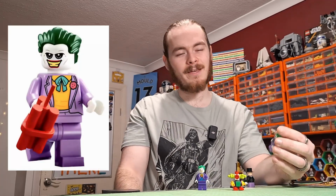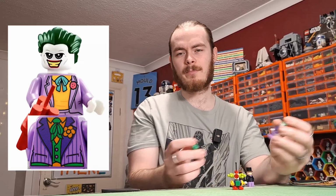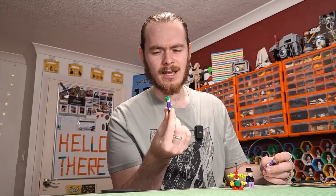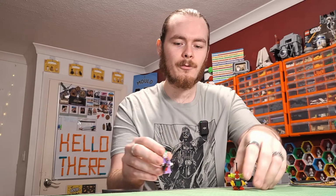The official minifigure for the animated series has the jacket open a bit more, but I also think this magazine, besides that official minifigure, is the closest we're going to get to the animated series Batman. So, sorry Joker, but maybe a Charlie and the Chocolate Factory mock coming soon? No boots, no gloves up the arm. Maybe we are missing one thing, and that's a stick of dynamite. But for now, we'll include the remote to the clown bot, and that'll be the first minifigure on our